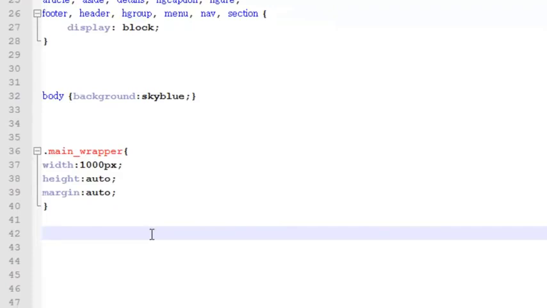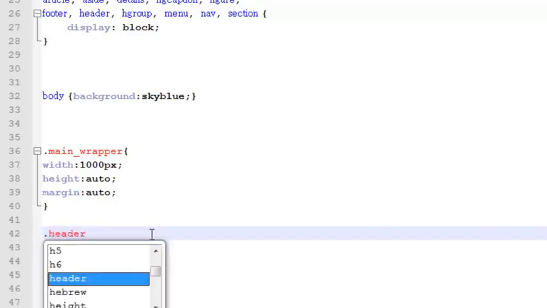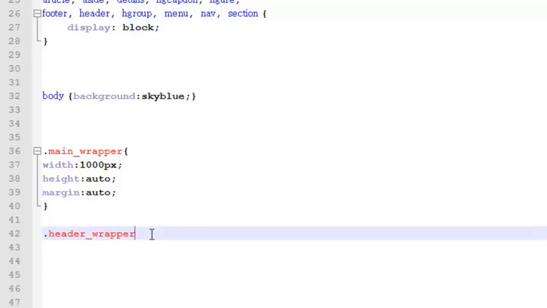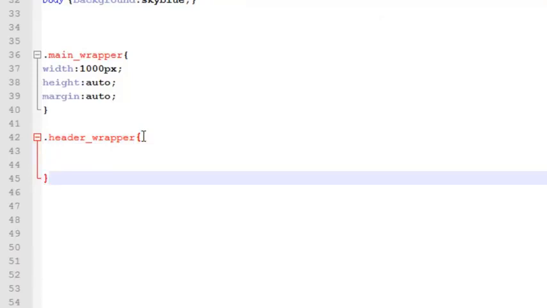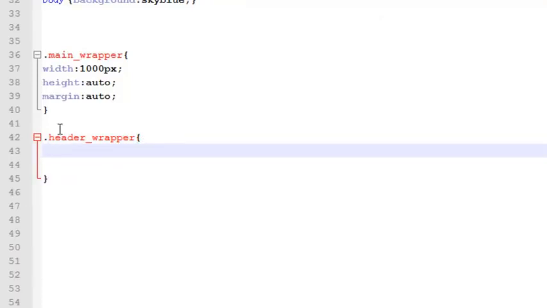After this we will create another class, header_wrapper. This will be actually a container for the header elements in the header. So inside the 2 curly brackets, the 2 curly brackets are basically the CSS syntax. We can write any property. For example, width is the name of the property, and after that a colon, and then we add the value, for example 1000 pixels, and then the semicolon means that this statement has ended here, and the